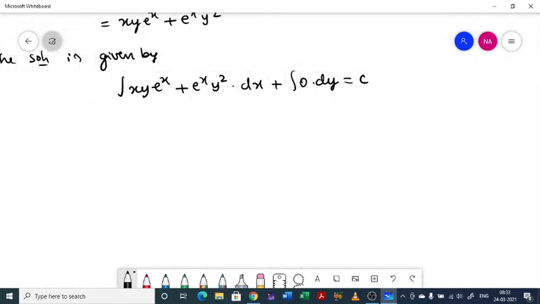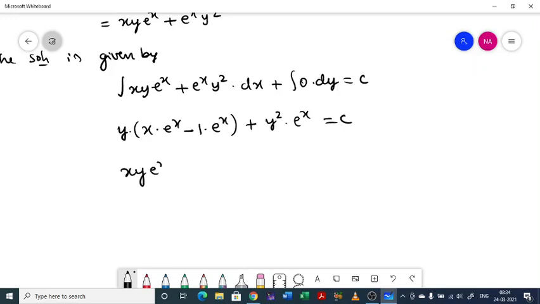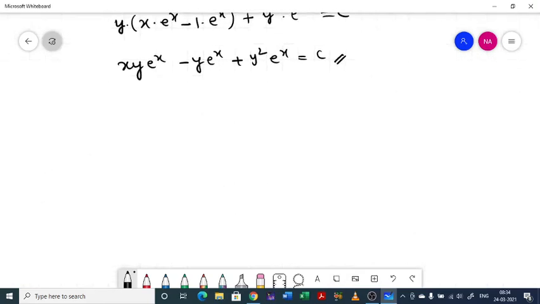So here you have to apply the product rule. So y into first function x into integral of second function e power x, minus derivative of x, 1, into e power x. Plus y square is constant, so the integral of e power x is e power x, equal to c. So xy e power x minus y e power x plus y square e power x equal to c. This is the required solution. Or else if you want, you can take e power x outside, or you can keep it as it is. Next,